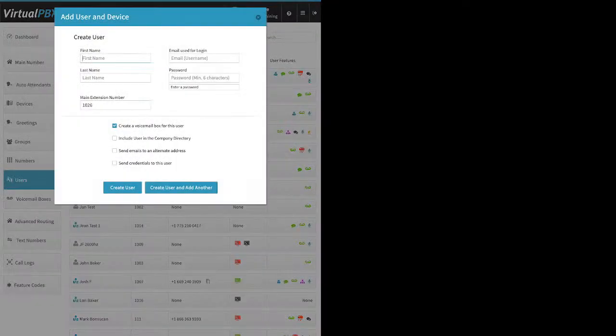You fill out the form, right? First name, last name, you should probably have that. The email address used for login is unique for each user, right? So you cannot reuse an email address. You create the password for them. You can select the extension number. The system will obviously give you a suggestion, but you can enter in whatever you want. I do typically recommend 4-digit extensions